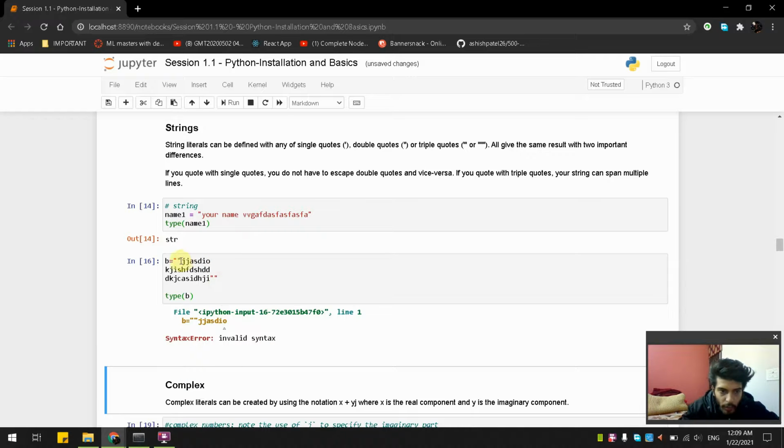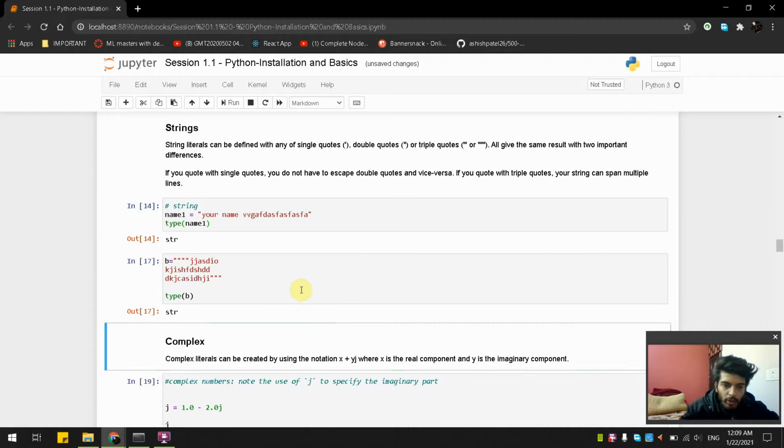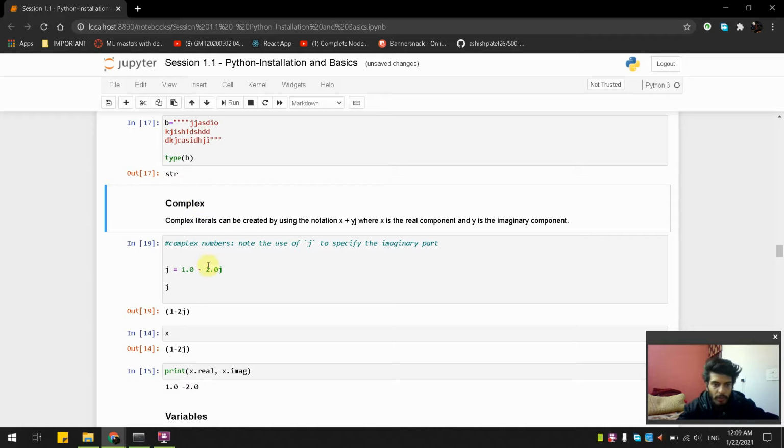Because if we apply double quotes here and double quotes here and remove some quotes, now you can see it will show us a string. So it's easy. String literals can be defined with any of single quotes, double quotes, and triple quotes.